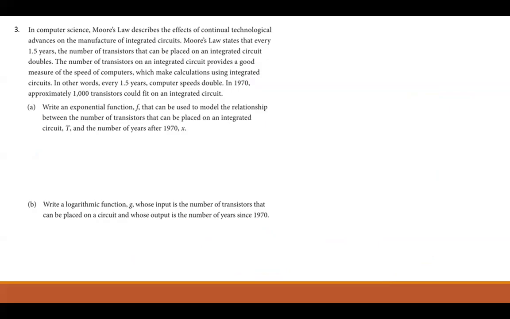States that every 1.5 years, the number of